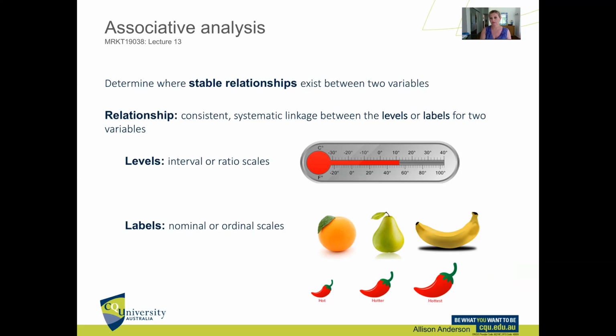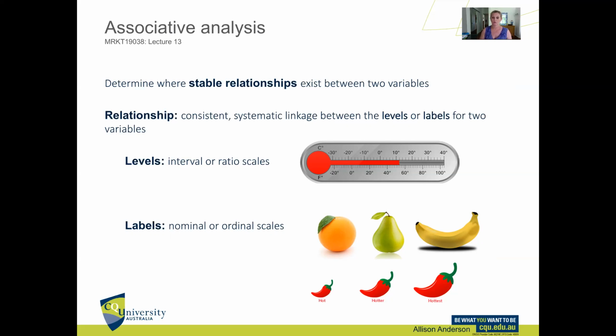In this example, you can see there's fruit and there's a category of oranges, a category of pears, and a category of bananas. And there's no existing scale between those things, but we might find that there's a relationship between whether people like